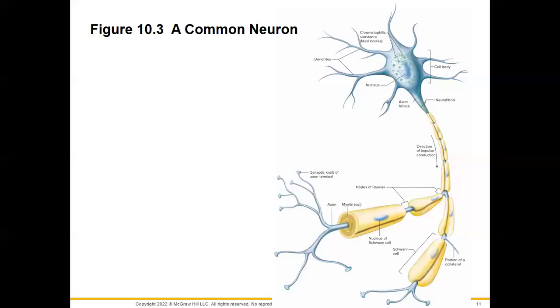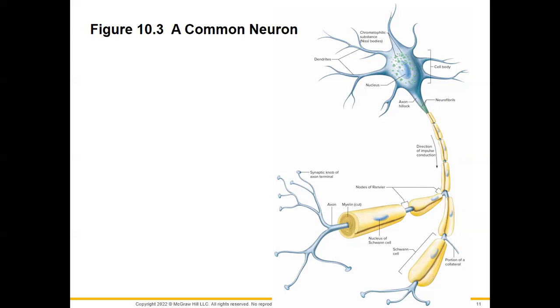Welcome back to Chapter 10, where we are discussing the basics of the nervous system. In video 1, we left off talking about the structure of a common neuron, or the structures that are most common to a neuron. So as a quick recap,